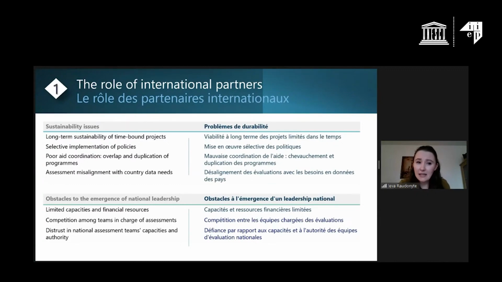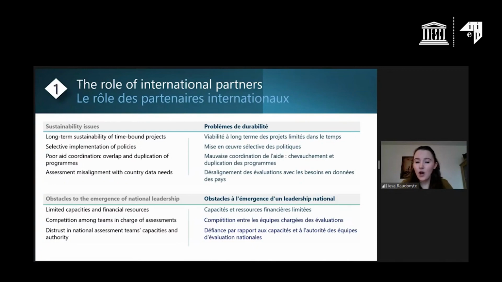For instance, limited capacities and financial resources, but also competition among teams in charge of assessments. We saw last week that sometimes different assessments are in the hands of different units. And if their relationships are those of competition rather than those of collaboration, this might impede the emergence of national leadership. And finally, if there is a distrust in national assessment teams' capacities and authority, this might also negatively affect